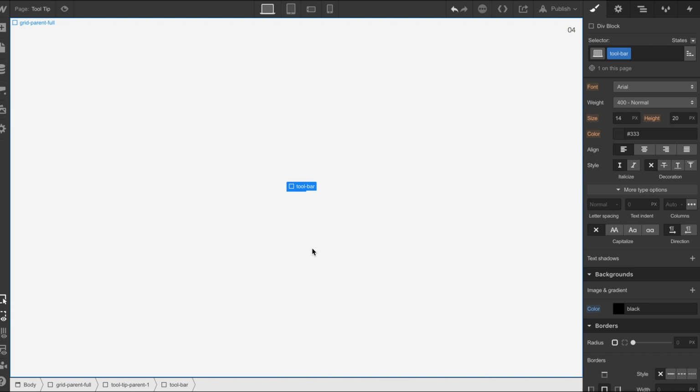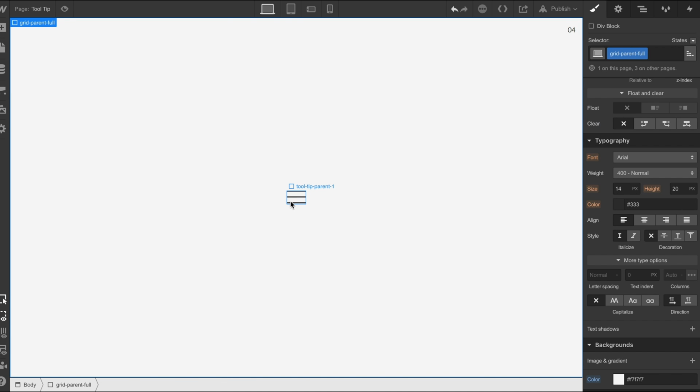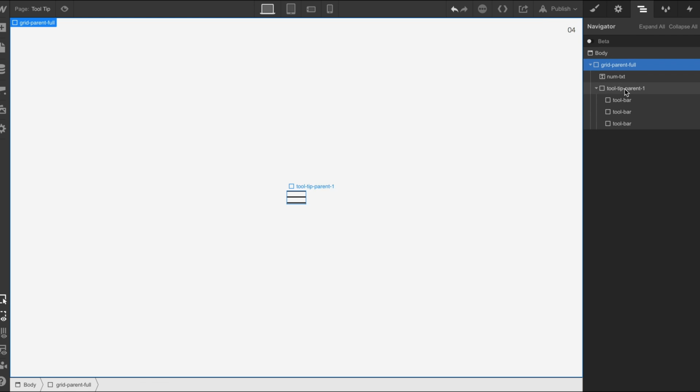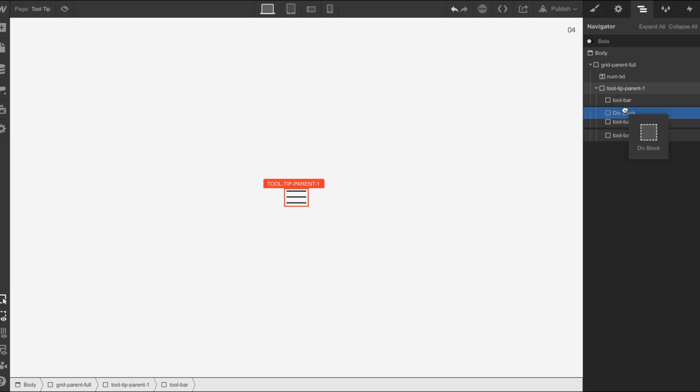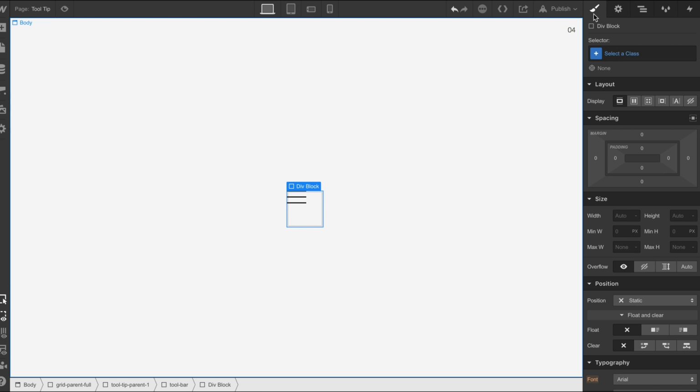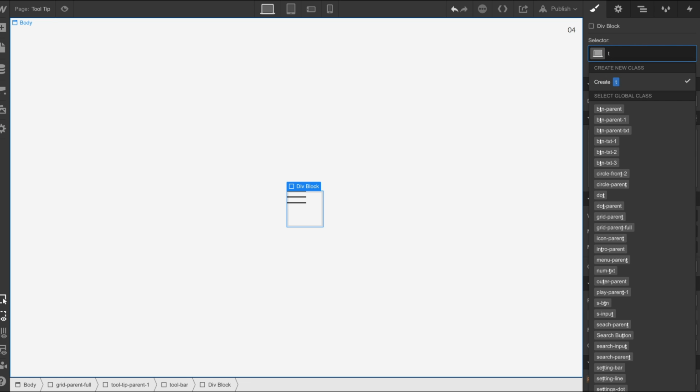Now we have that, we can basically select the toolbar and copy and paste it in 3 times. So now we have that. What we need to do is get another div and drop it inside of the toolbar. Now we're going to give this a class of tool.1,